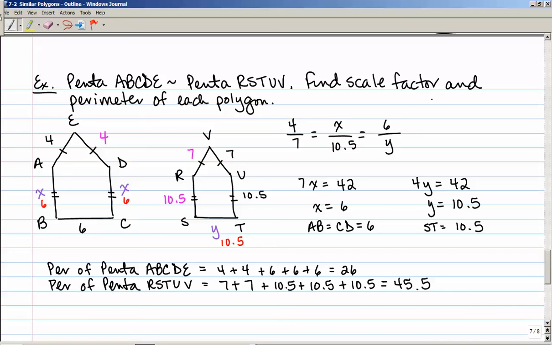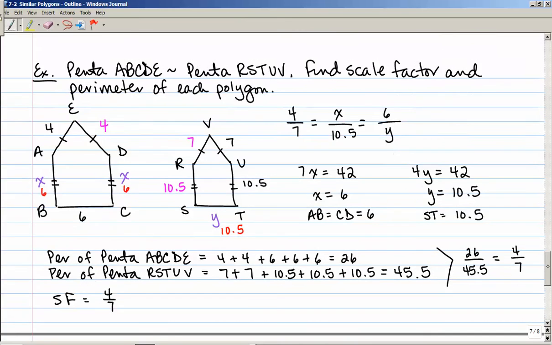And it says find the scale factor. Scale factor is just going to be any two sides corresponding to each other. And since they didn't distinguish which pentagon to which pentagon, I'm going to go from the left to the right. So the scale factor is 7 to 4. And actually, this is kind of interesting. If you were to do 26 over 45.5, that is also going to give you 4 over 7. So the scale factor that uses the corresponding sides is also going to work when the perimeters correspond to each other. And I believe